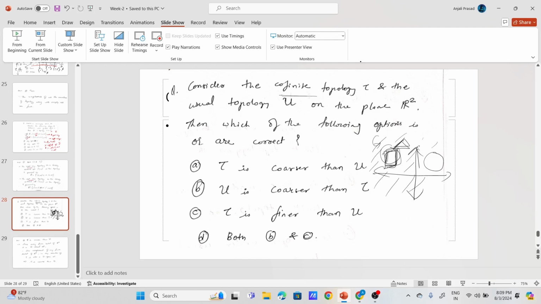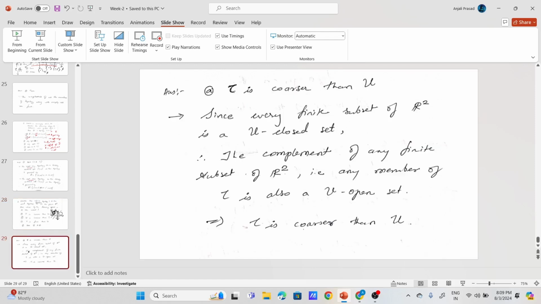हाँ। आपके एलिमेंट्स कहाँ से रहेंगे, यहाँ से रहेंगे, राइट। सो वही हम कह रहे हैं कि द कॉम्प्लीमेंट ऑफ एनी फाइनाइट सबसेट ऑफ R2, मतलब अगर आप कोई भी फाइनाइट सबसेट लेते हो R2 का, उसका कॉम्प्लीमेंट जो है, मतलब ये वाला पार्ट, बाहर वाला पार्ट, ये किसका मेंबर है, ये हमारे टाउ का मेंबर है, राइट।